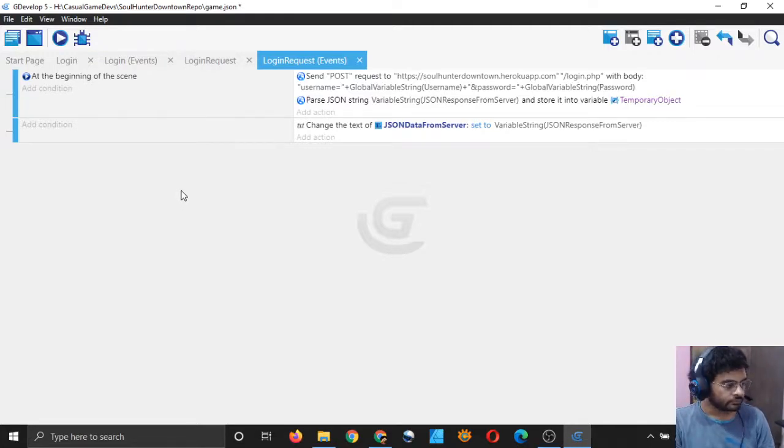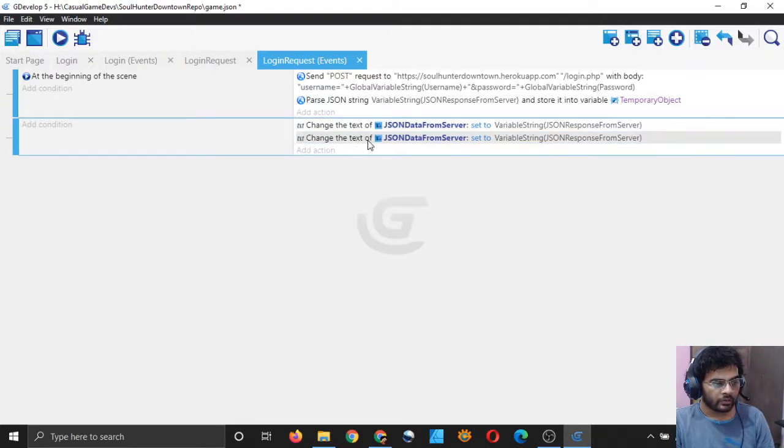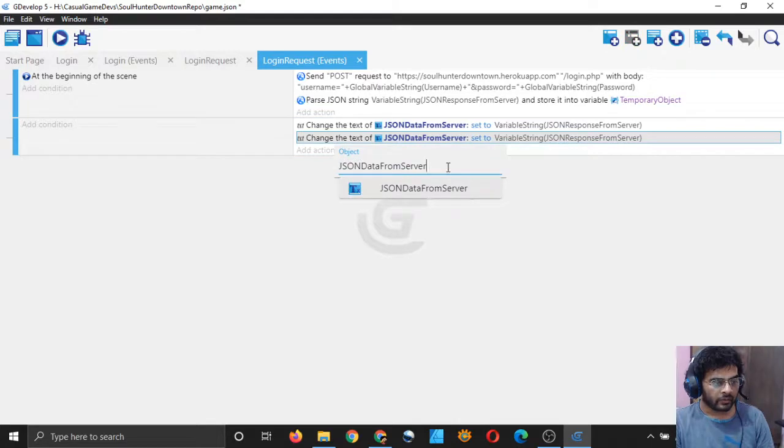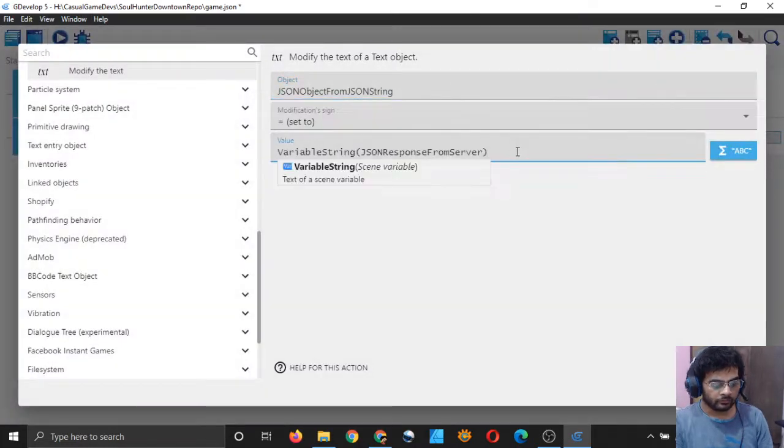And let me just simply copy this and paste it, and instead of this I will just simply do that object, JSON object from JSON string, and it should be received from some other variable.